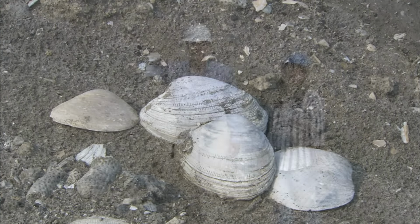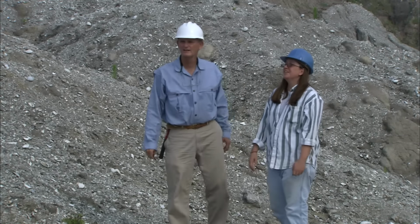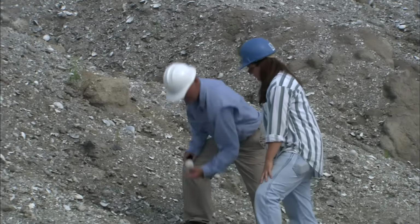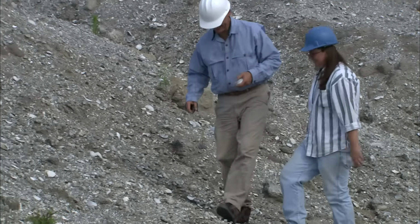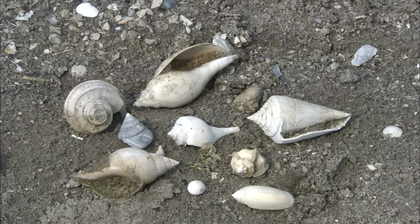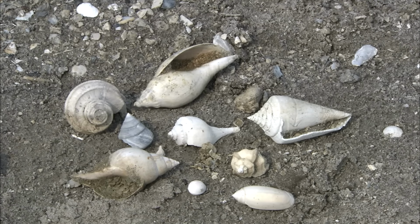An expert on marine invertebrates, creatures without a vertebra or spine, is Trish Weaver, manager of museum collections of paleontology and geology. What I really like about this site here at Aurora is the wide variety of invertebrates. My area of expertise is invertebrate fossils, and